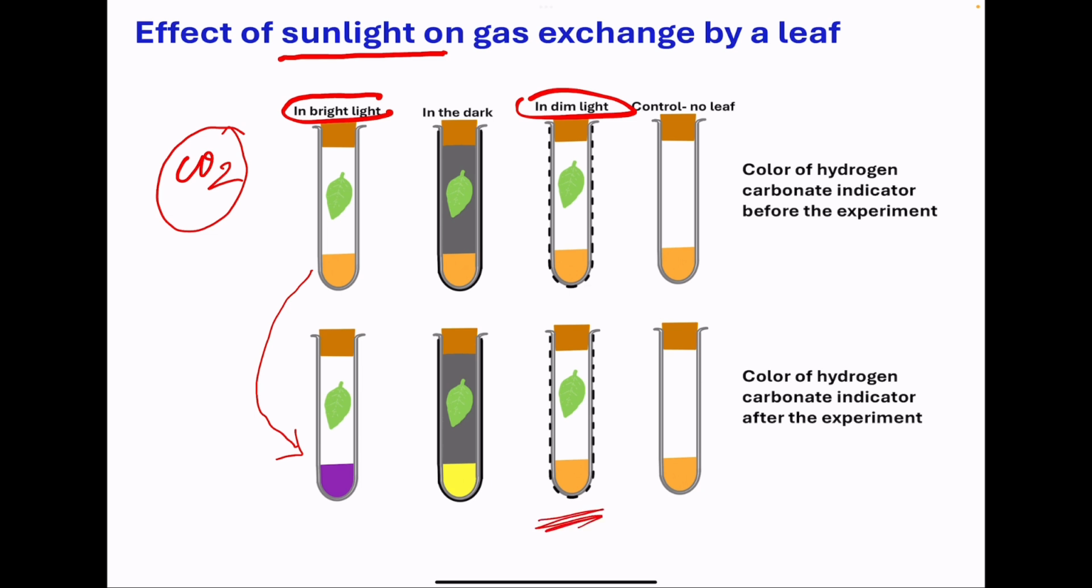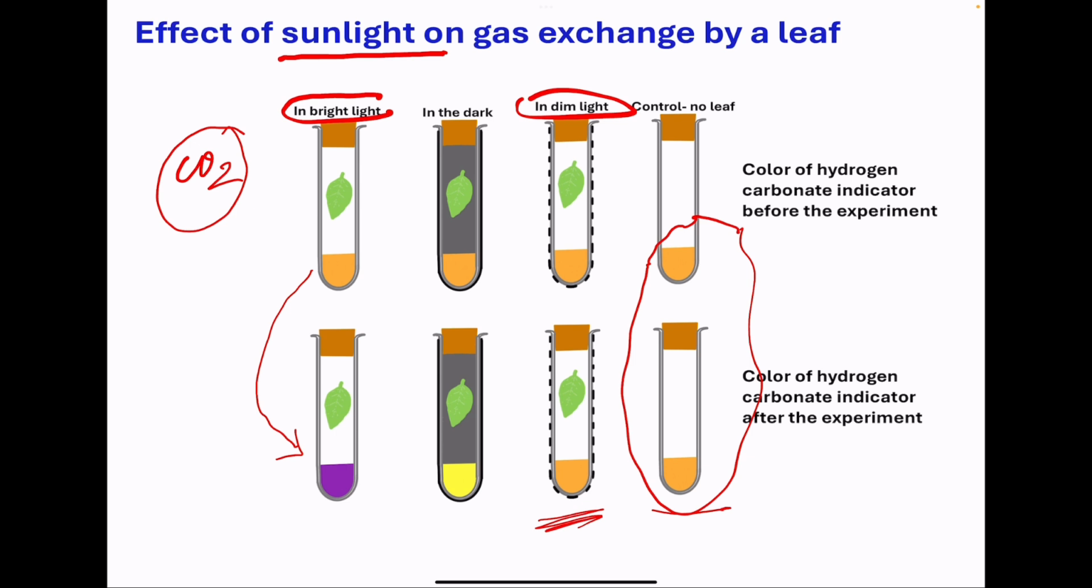And in the final experiment, this is a control. We place the hydrogen carbonate indicator but no leaf. Since there is no leaf, photosynthesis is not going to occur, and therefore the color of the indicator remains the same. This experiment here is carried out so that we can show that color change is due to presence of